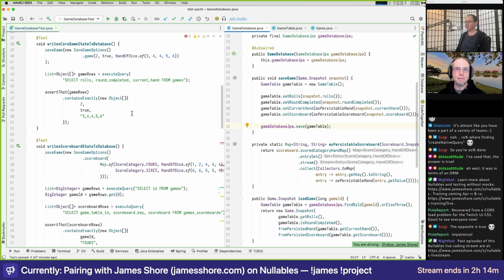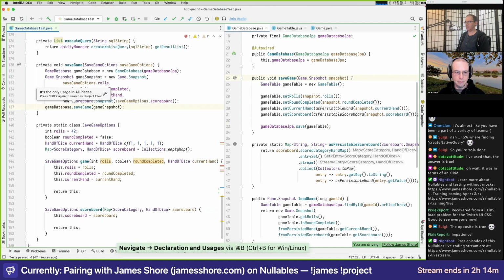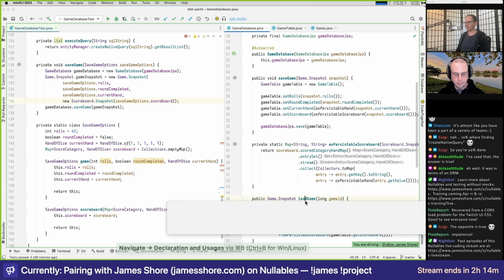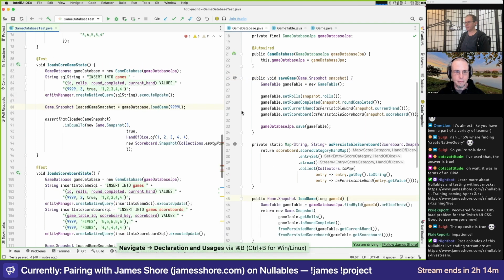Yeah. So I think in our test, we need to find the cases where we're calling game database save. That just takes the snapshot. The snapshot doesn't have an ID, so that's fine. Right. So let's look at load. I think load is where we're passing in an ID. Yeah, so those two lines.